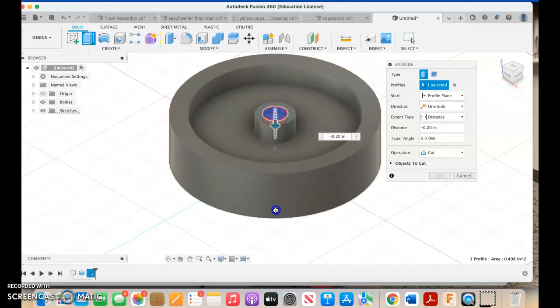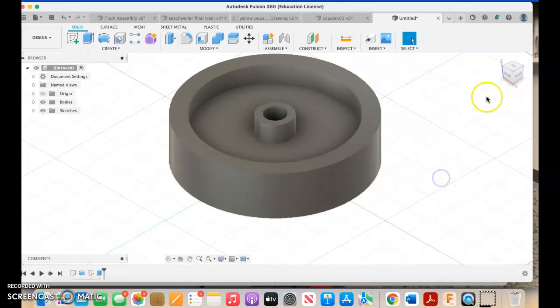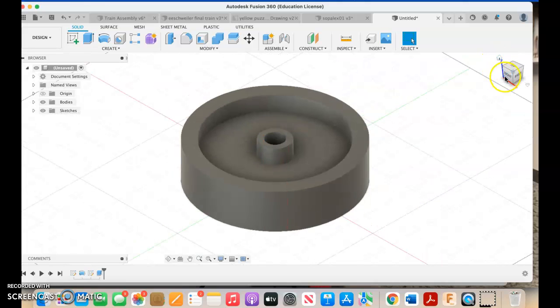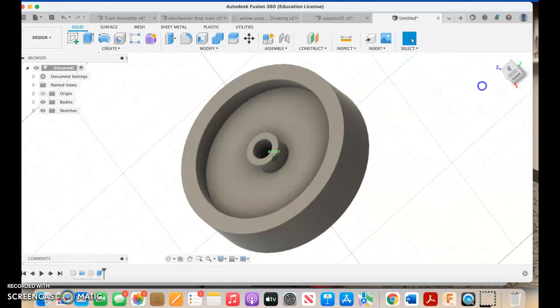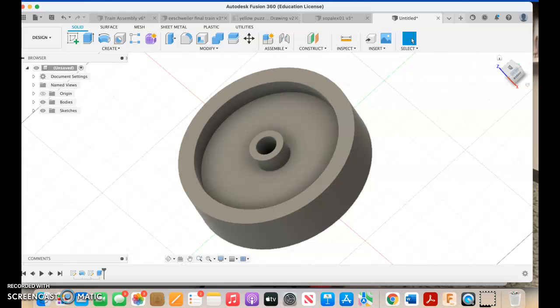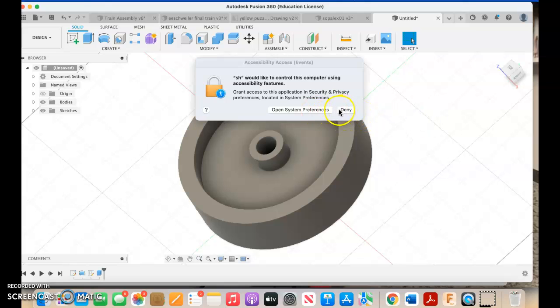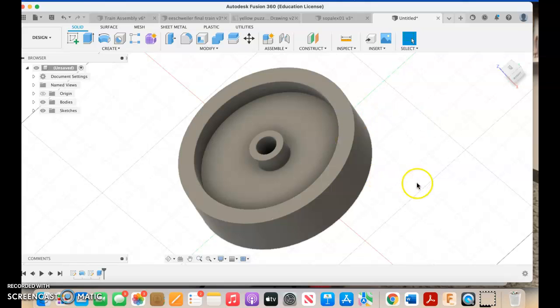There are lots of different ways this can be used, but they created a wheel, and we also have these attached to our 3D printers,